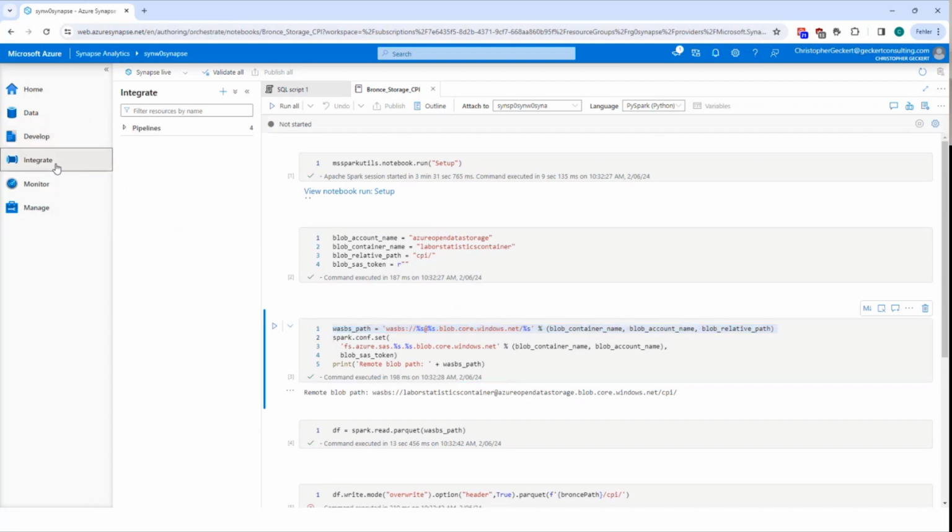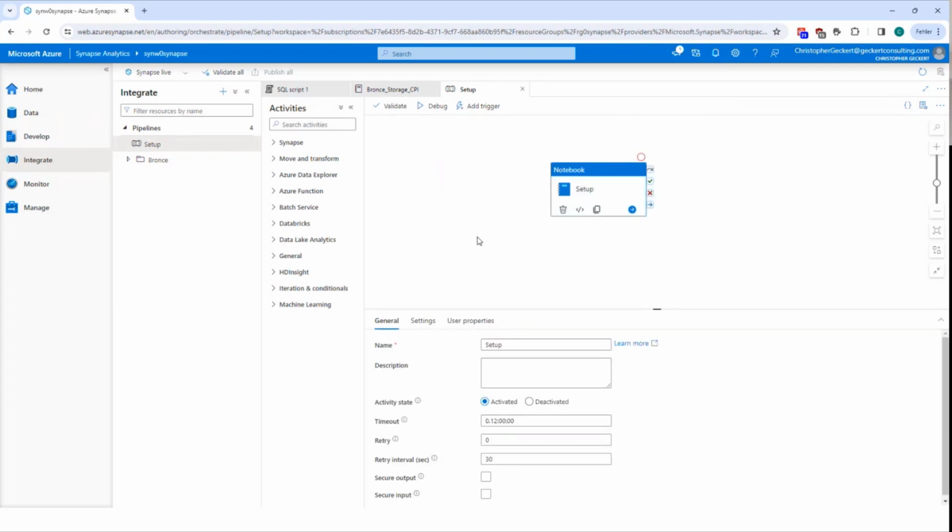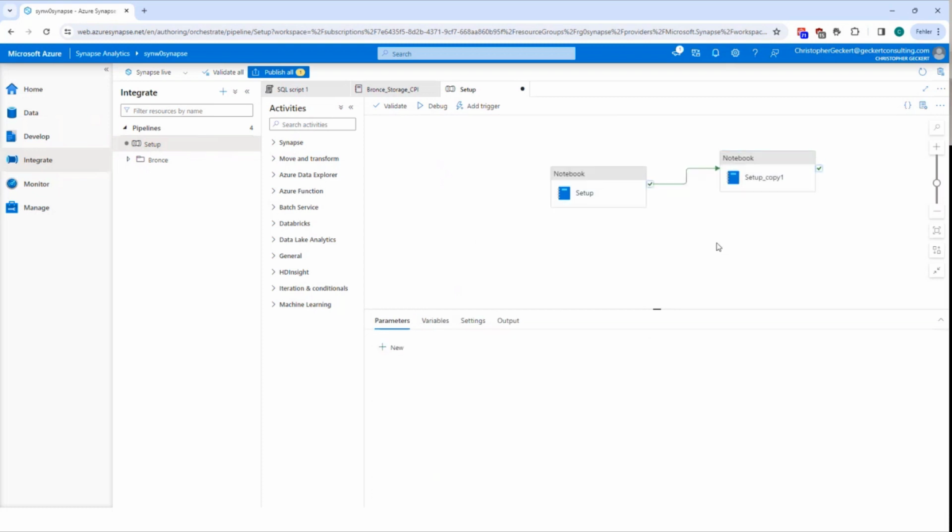And under the integration tab, you will basically see all the pipelines, and pipelines are the orchestration tools. So if I want to execute several different notebooks in a certain order, I can just connect them like this. So on success, this notebook will now be executed. In